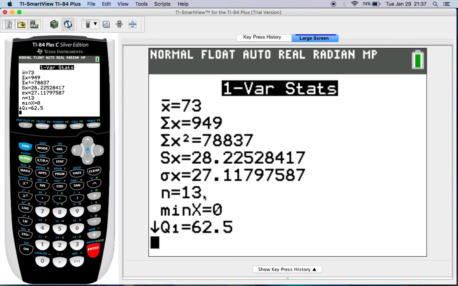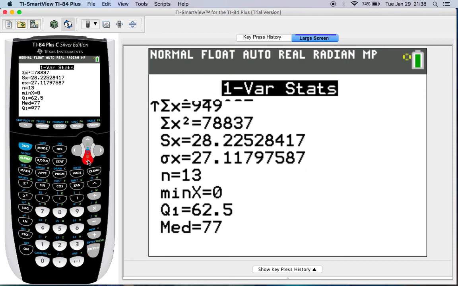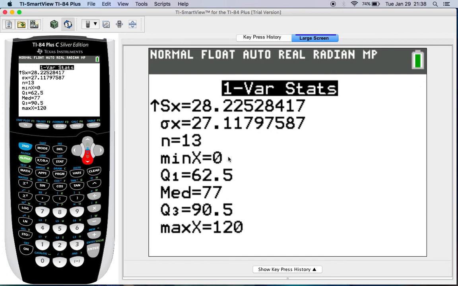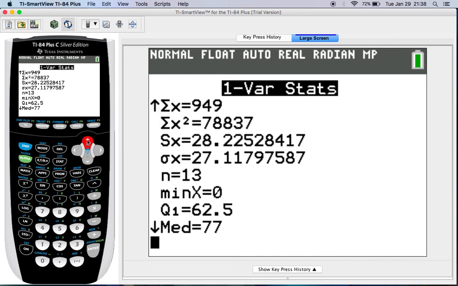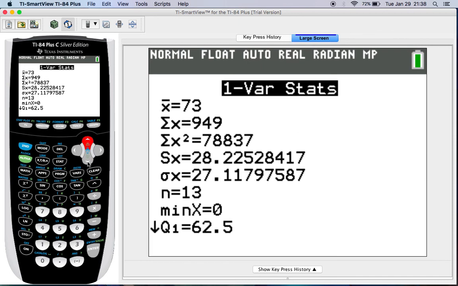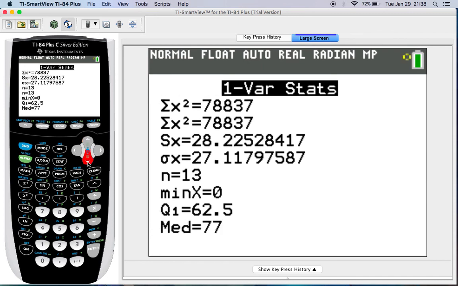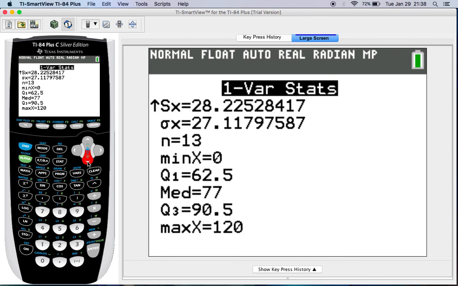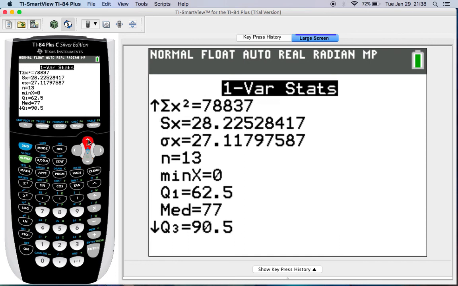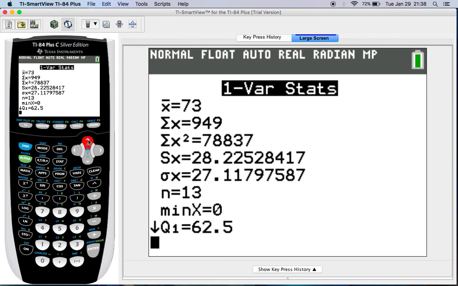We have our sample size for our data, which was 13, and then we have the 5-number summary. Remember that consists of the minimum data value, so the smallest data value, the first quartile, the median, the third quartile, and finally the maximum. So this is most of the values that we looked at how to find in Module 4, all in one convenient menu in our graphing calculators. So that's it for this calculator tutorial, and we'll see you